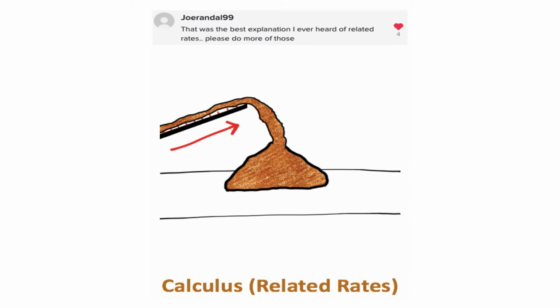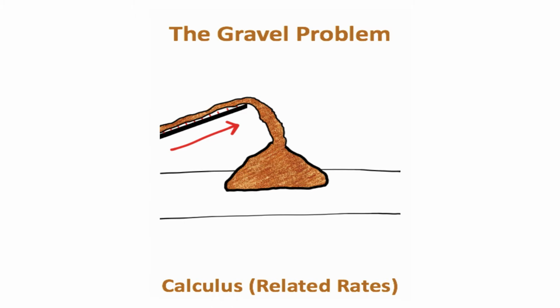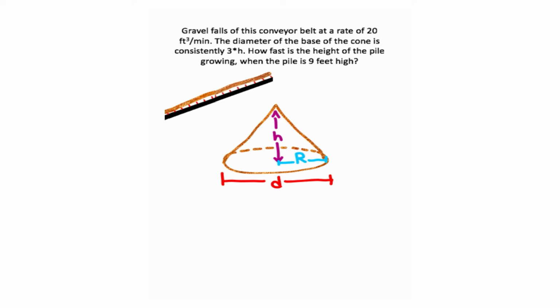So I got a request to do some more related rates problems, so let's try another common one. In this case, we have gravel that falls off of a conveyor belt at a rate of 20 cubic feet per minute. Now the diameter of this conical shape, which is formed from the gravel falling off the conveyor belt, is consistently 3 times the height of the cone. Now, we're trying to figure out how fast the height of the pile is growing when the pile is 9